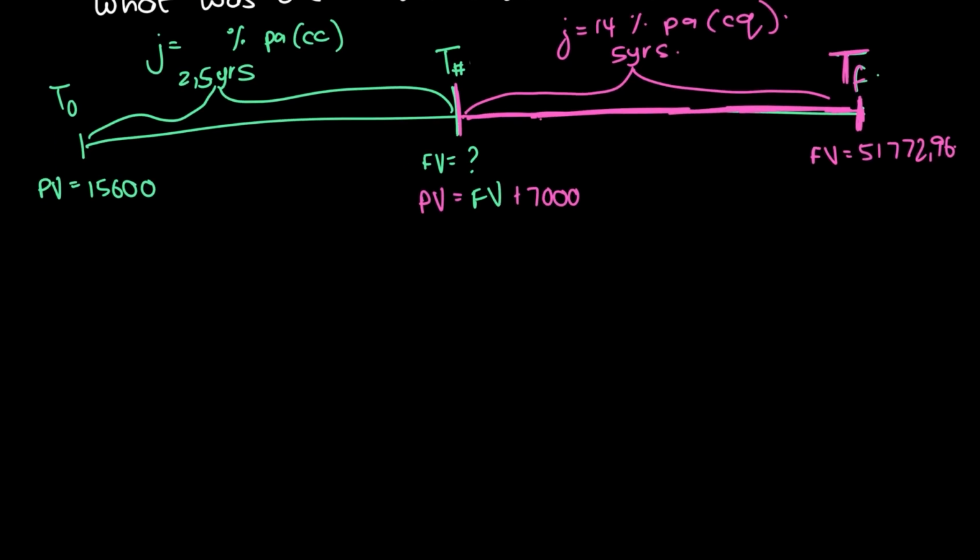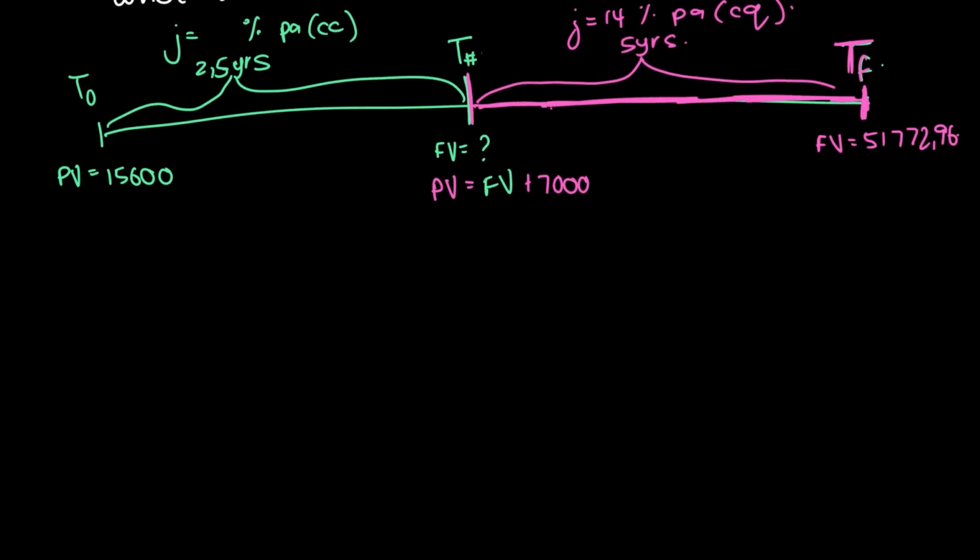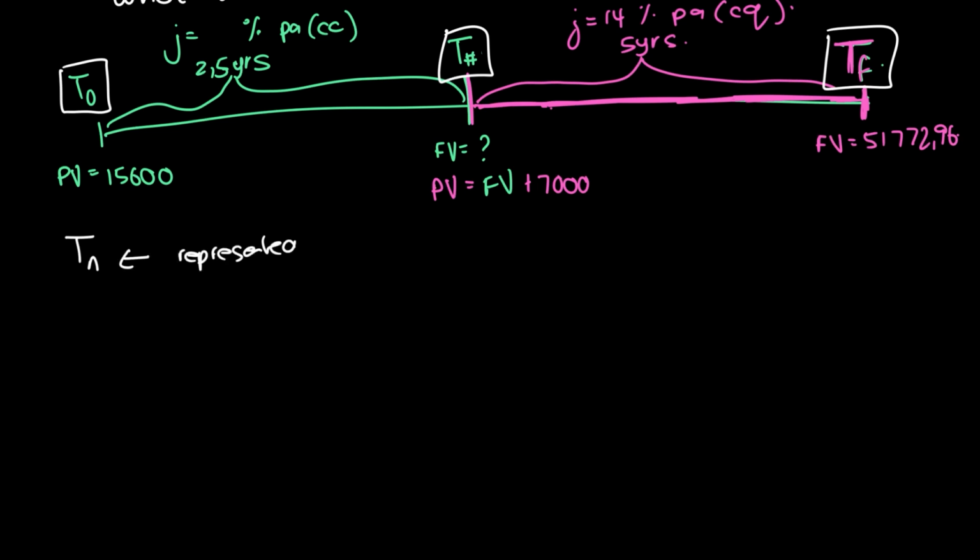So to do the information for the 2 parts, we're going to first represent our time period in terms of T subscript N. So you'll see what we did here. We had T0, T hashtag, and T final. We're now going to give them proper values. So we're going to have a TN, and our N subscript is going to be represented by the units of our smallest compounding